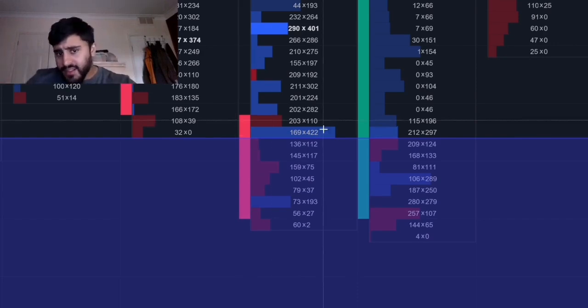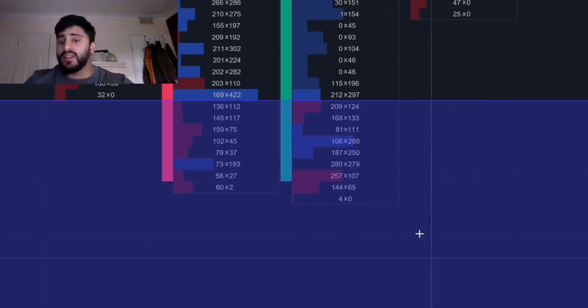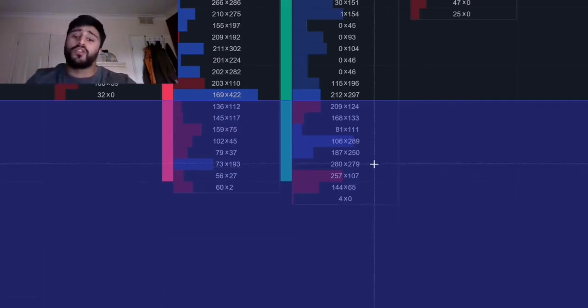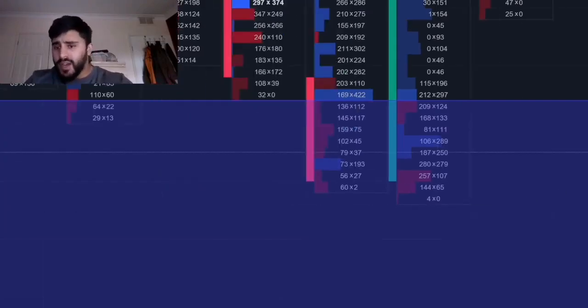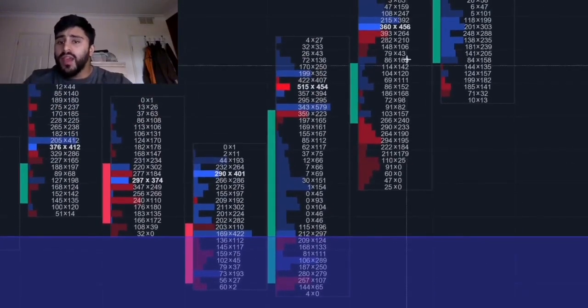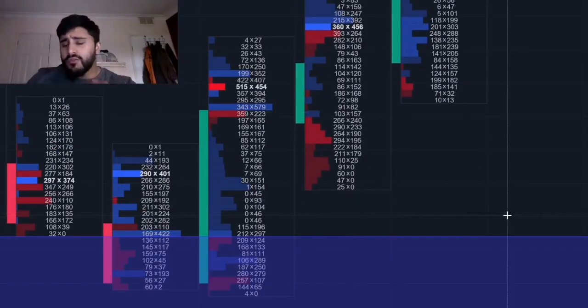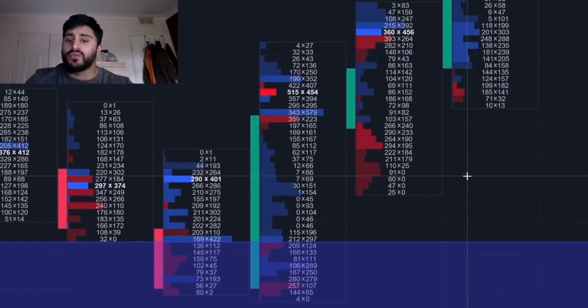So we come into this zone over here and we can see this as the most important thing, right? 257 for 107. There's more than double the amount of aggressive sellers than buyers. Despite that, the market was able to find an area of support and move higher. Notice how we have a green candle over here, but price has given us aggressive sellers over here. So if you're looking for extra confirmation, what you want to look for